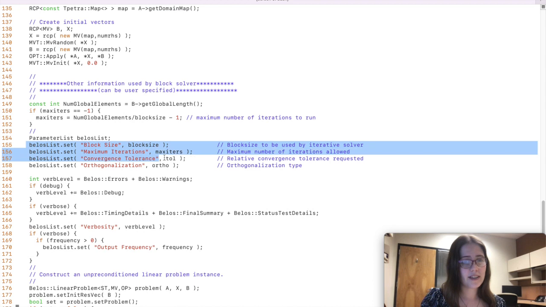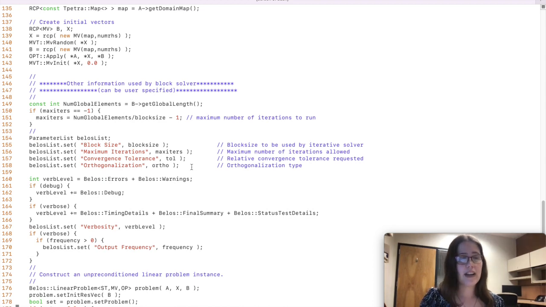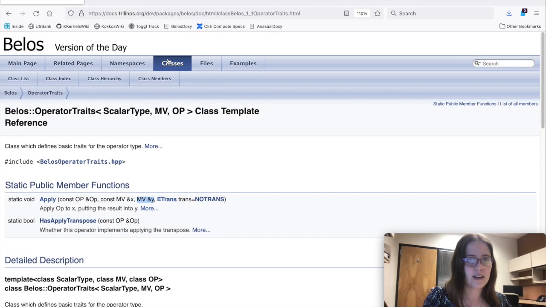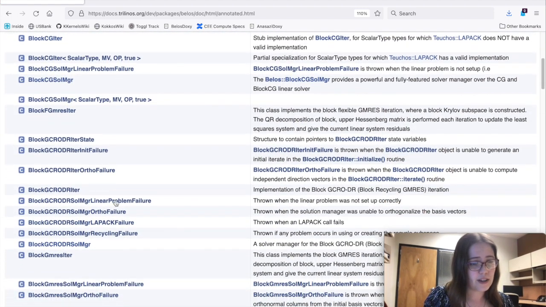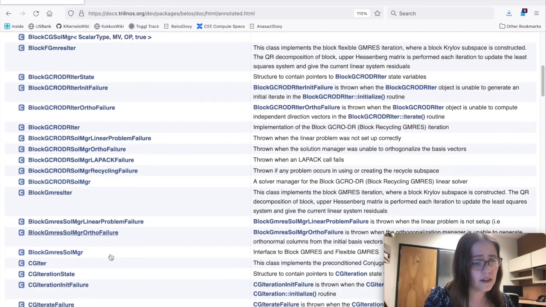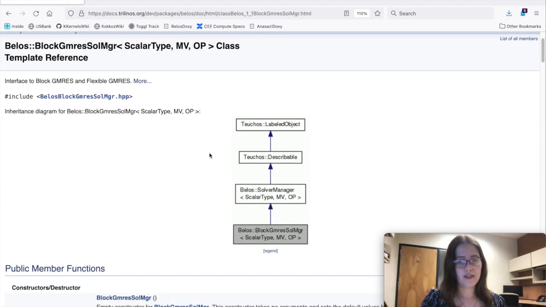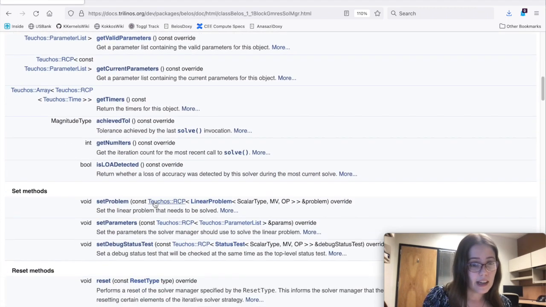Alright, so we're setting the block size, the maximum number of iterations, the convergence tolerance, the orthogonalization that we set earlier. If you want a full list of the parameters that can be passed to the Block GMRES solver, again, that can be found in the Belos documentation. We'll look at our classes. We'll look for our Block GMRES solver manager. Okay, Block GMRES solver manager shows you some inheritance classes, different constructors for this solver manager,